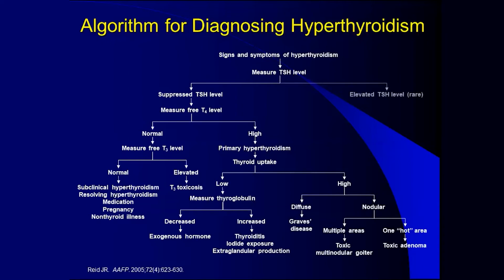And if you have elevated TSH levels, you need to look at the pituitary. If the FT4 levels are high, this is secondary hyperthyroidism, and you do need to do the workup for the pituitary. So this is basically the algorithm where you differentiate different kinds of hyperthyroidism: primary from secondary, exogenous from endogenous, Graves from toxic multinodular goiter, toxic adenoma, and secondary hyperthyroidism.